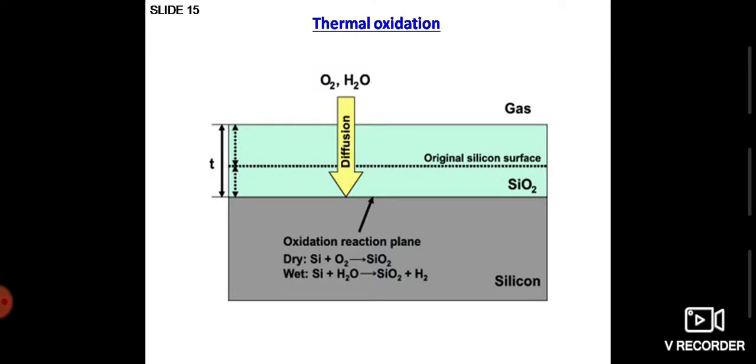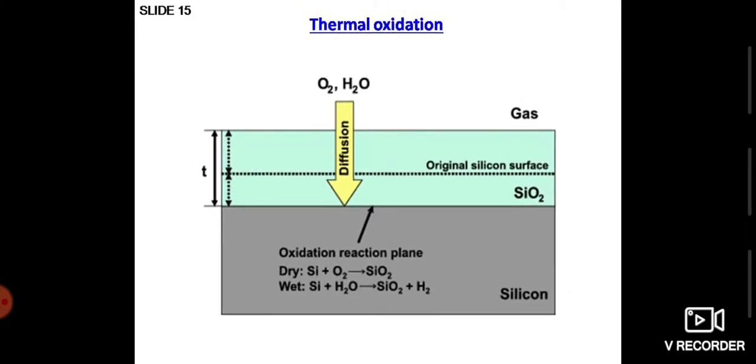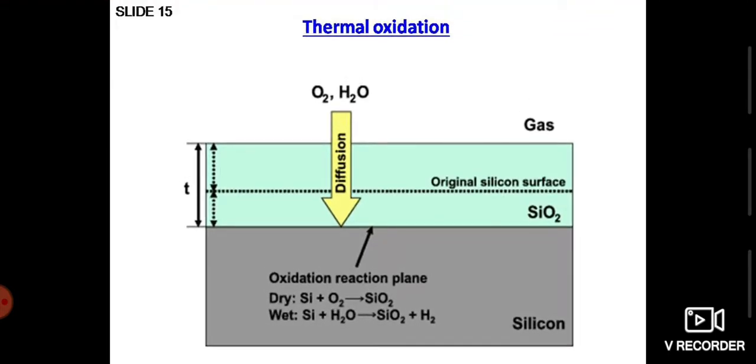Now you can see in this figure how, in thermal oxidation, oxygen forms the silicon dioxide layer. In the figure, the grey colored material is the silicon substrate we have taken, as I already told you. Above the silicon substrate, there is a green layer. That green layer is the growing silicon dioxide layer, which is grown above the epitaxial layer.